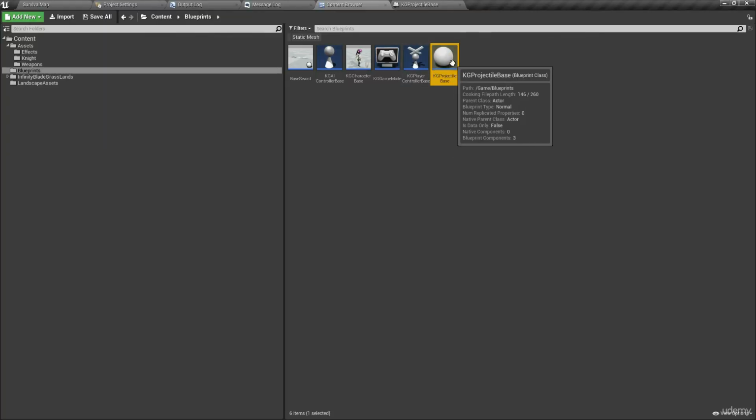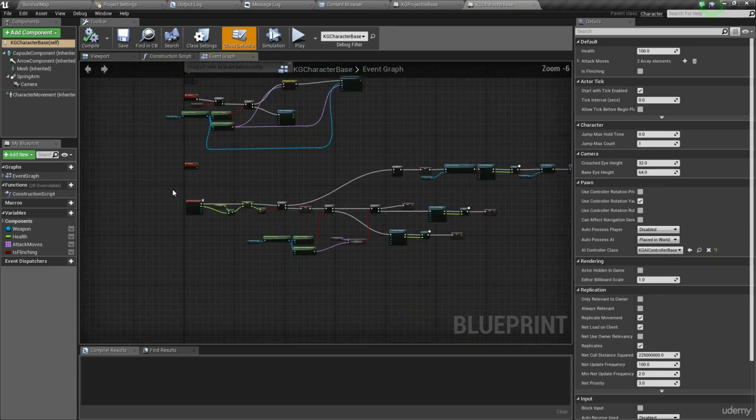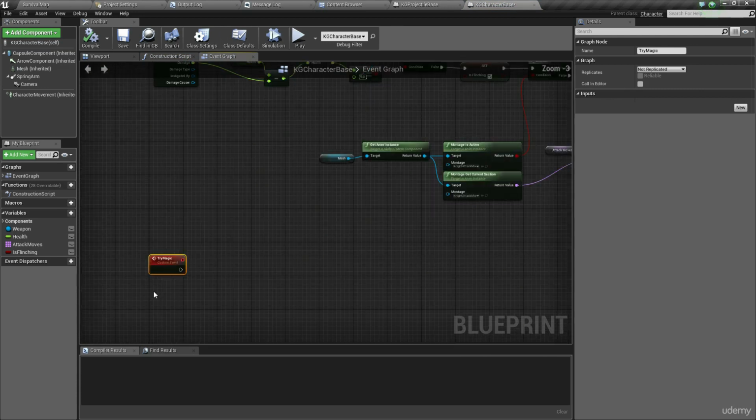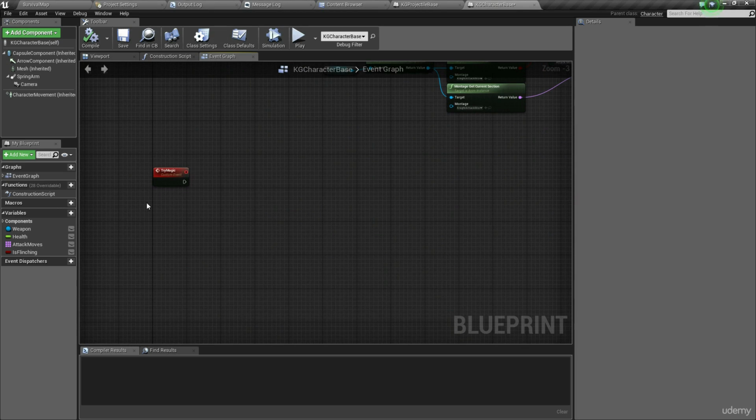We've created a projectile now, and we've got a character. So it's time for us to actually hook this up to have the ability to throw projectiles. Now I'm going to open up my character base, and I'm going to go to that stub we created a long time ago called TryMagic. Now what TryMagic is going to do is it's going to try to create a projectile that we can throw